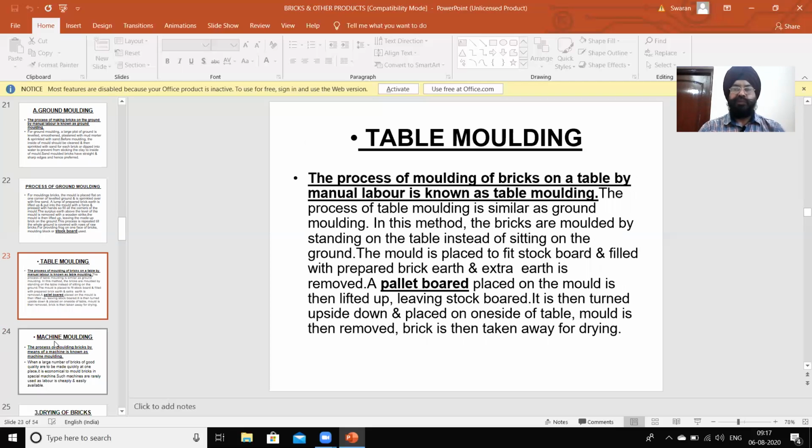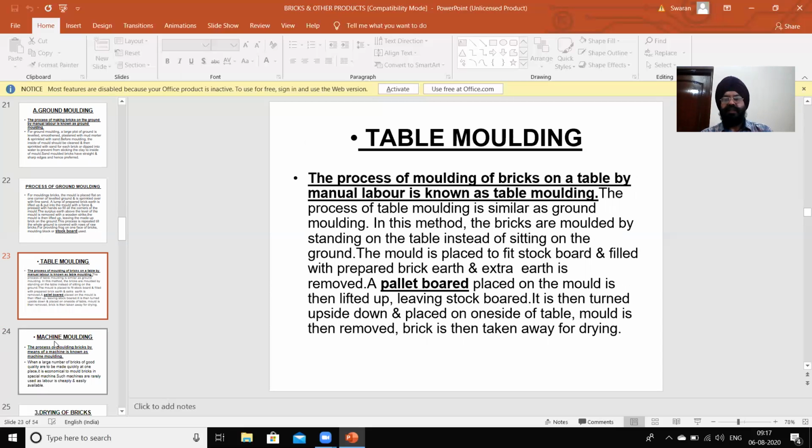Next is table molding. The process of molding of bricks on a table by manual labor is known as table molding. The process of table molding is similar to ground molding.